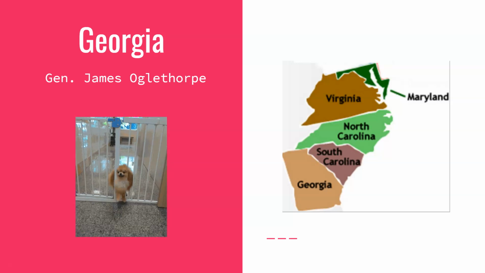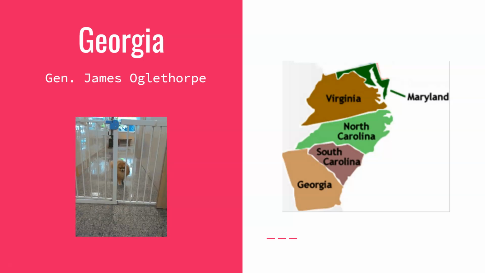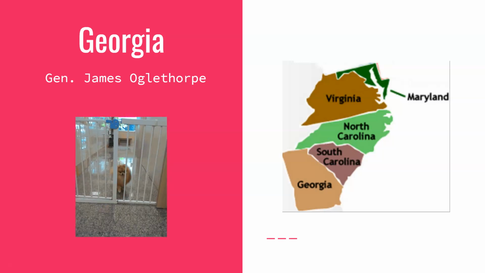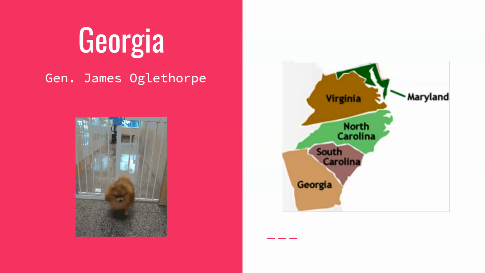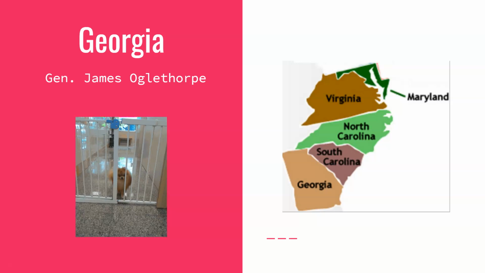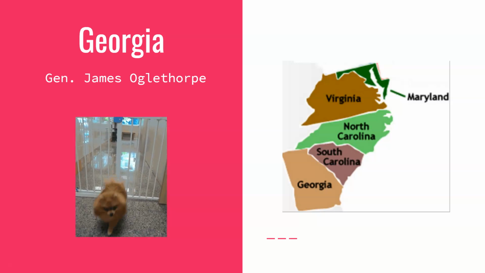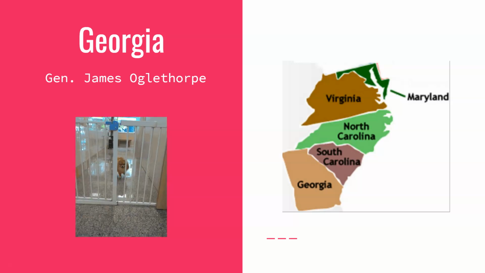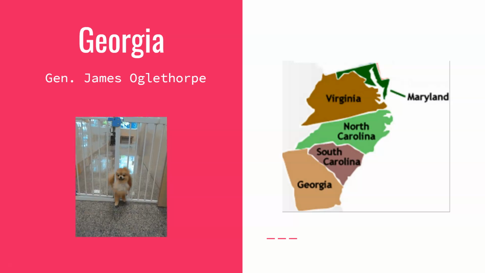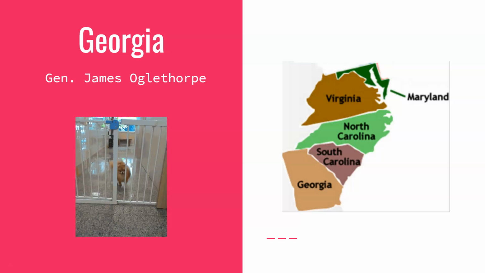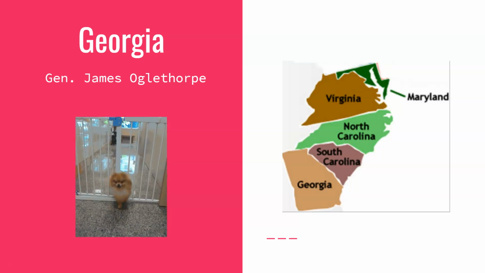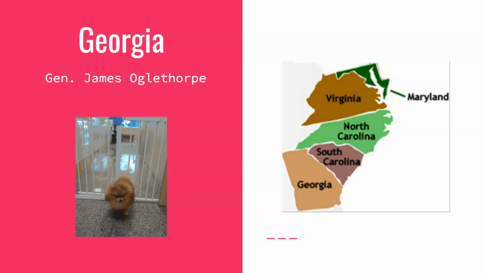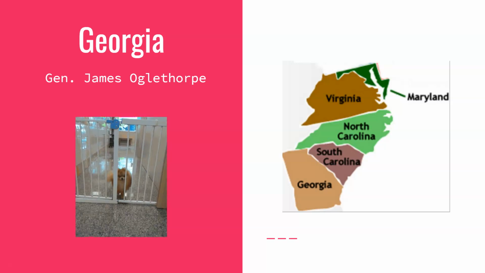he needed to be. So not only is he a buffer against Spanish Florida, but a lot of impoverished English ended up in Georgia. A lot of people who were in debtor's prison in England were sent down to live in Georgia. And so there were a lot of prisoners in Georgia that were just dropped off from England. Some other things, no Catholics were allowed in Georgia because they feared you might collude with the